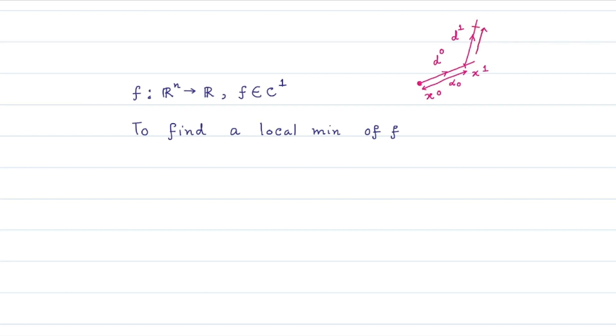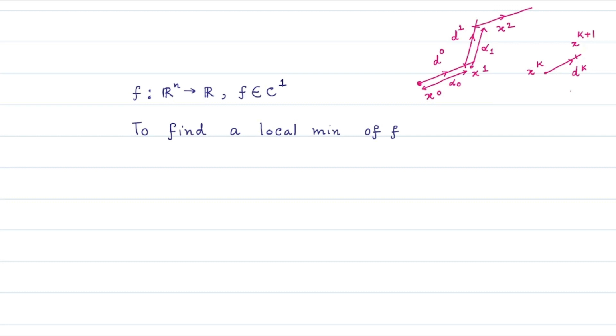By taking this step length alpha 1 along d1, we reach the point x2, and reaching x2, we again identify a descent direction, take a step length along this direction, find the next point, and so on. In general, reaching the point xk, we identify a descent direction of f at xk, then take a step length, reach the point xk plus 1, and keep continuing this process